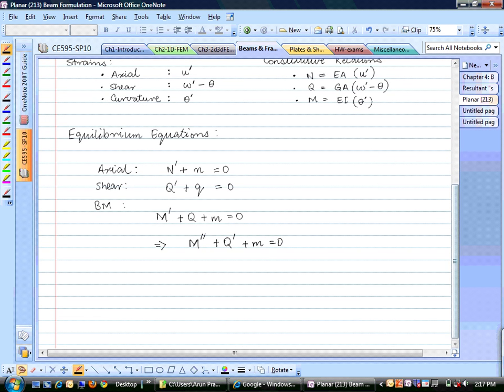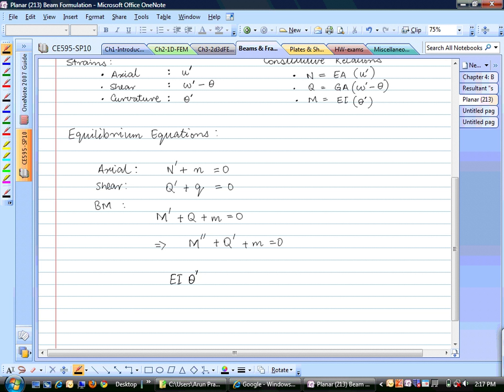And now I will substitute this equation, q prime is equal to minus q, into this equation. So what do I get? And I will also substitute the value for m from this constitutive relationship. So what we get is EI